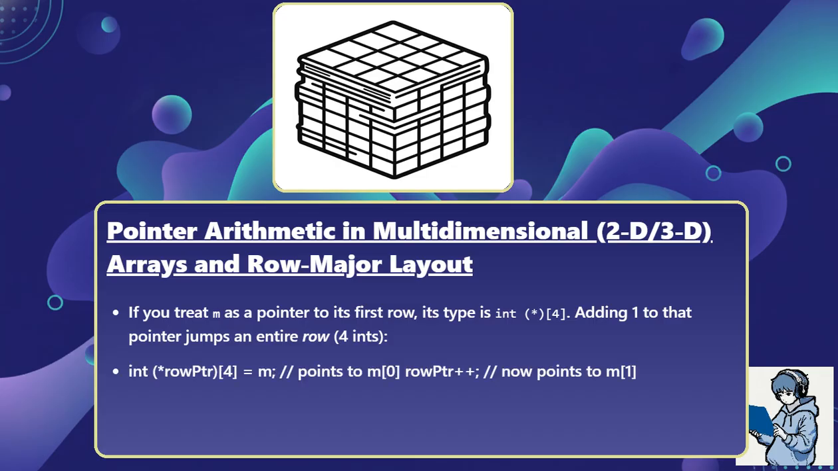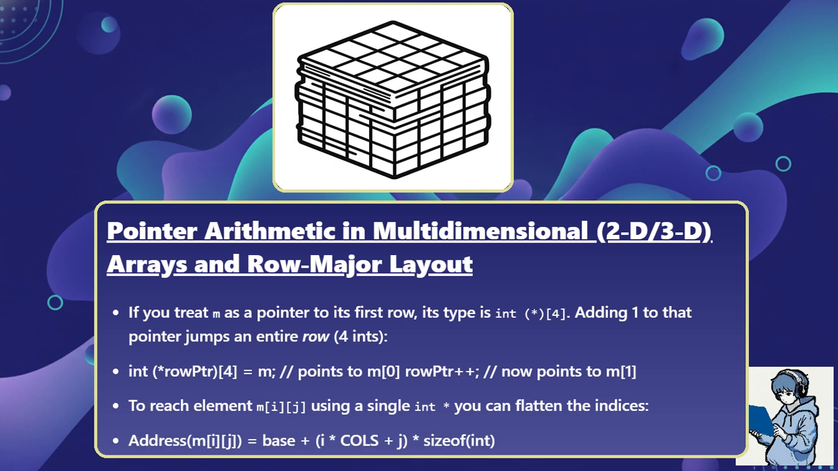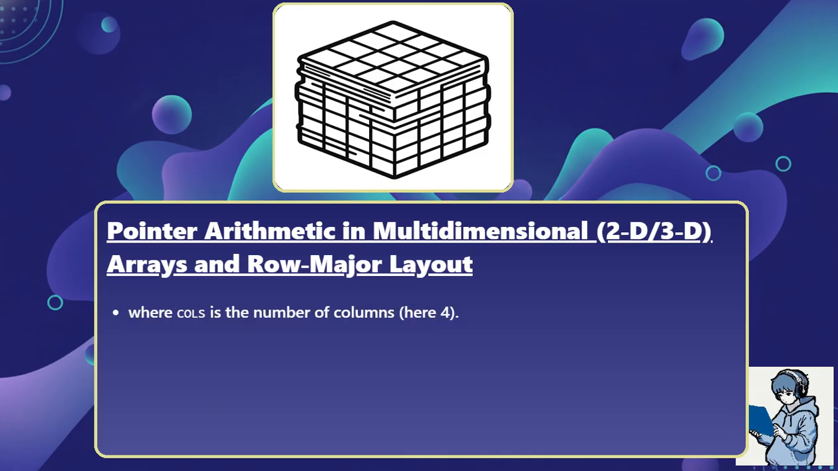int (*row_ptr)[4] = M; points to M0. row_ptr++; now points to M1. To reach element M[i][j], using a single int*, you can flatten the indices. Address(M[i][j]) = base + (i * COLS + j) * sizeof(int), where COLS is the number of